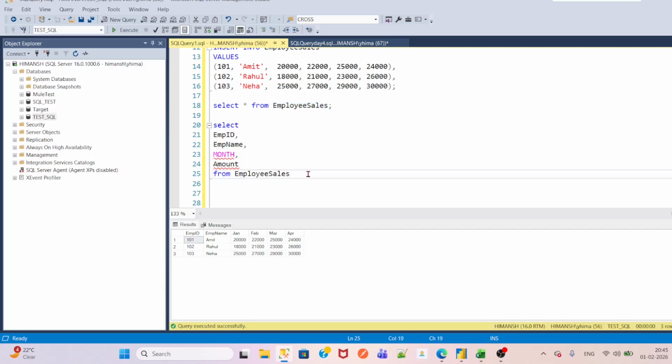Now what we will do, we will use the unpivot syntax. In unpivot we need to give some... First, let me write the whole syntax, then I will explain so you can understand logically and remember also. For month in